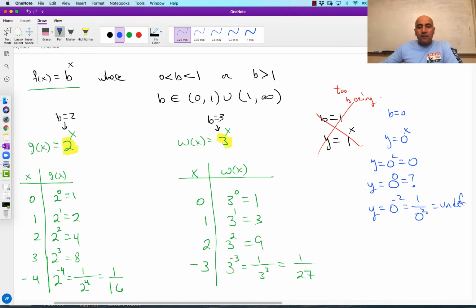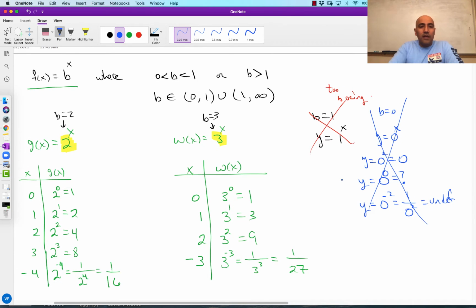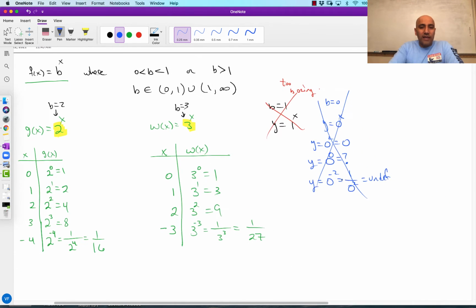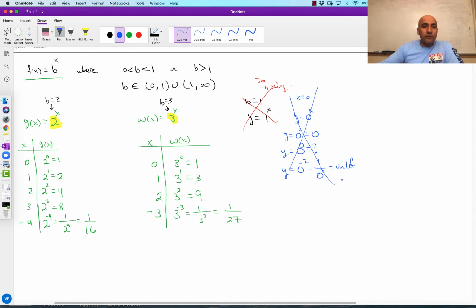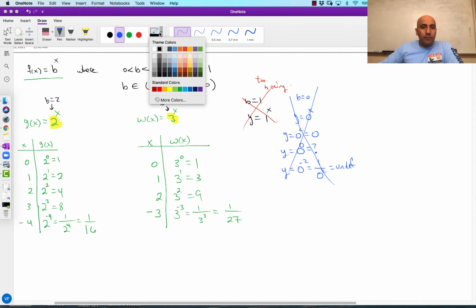Undefined. That's strange, right? So for that reason, we don't consider this. Too complicated. In more advanced classes, you can think about that, but for us, we're not going to worry about that. Likewise, if we let b equal a negative number, we could run into weird things as well. So for example, think about b equals